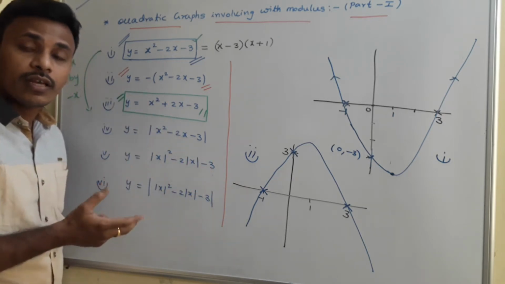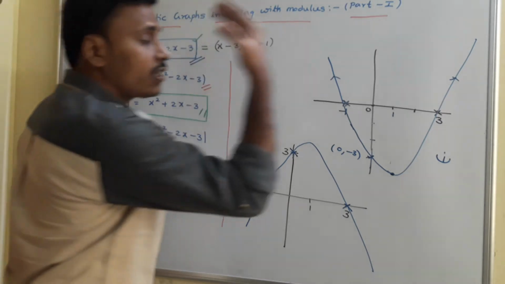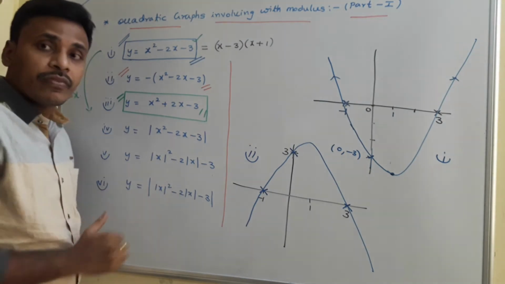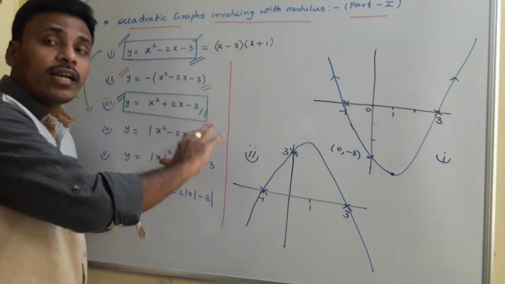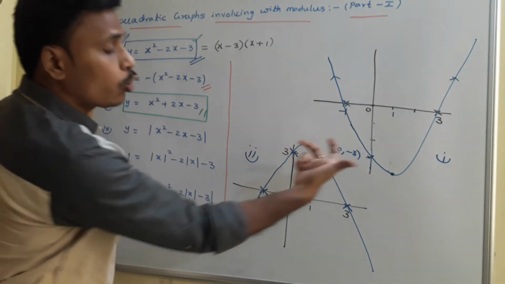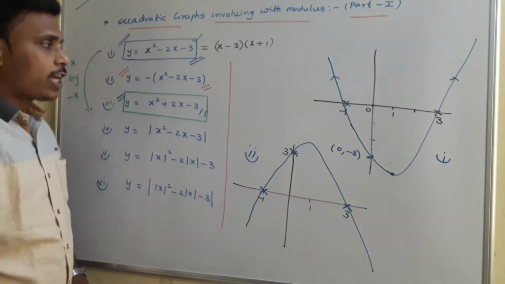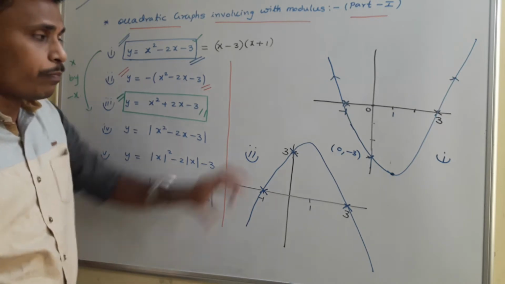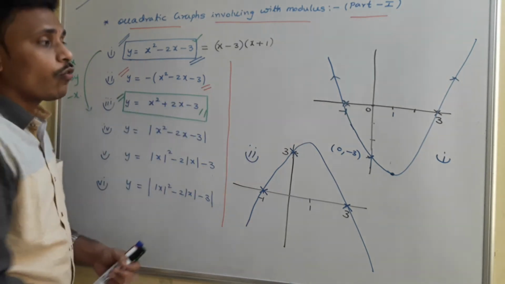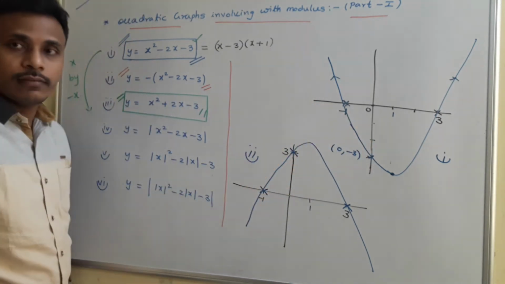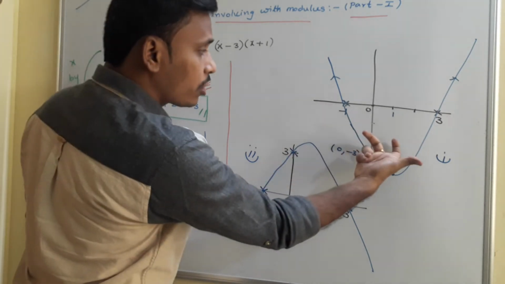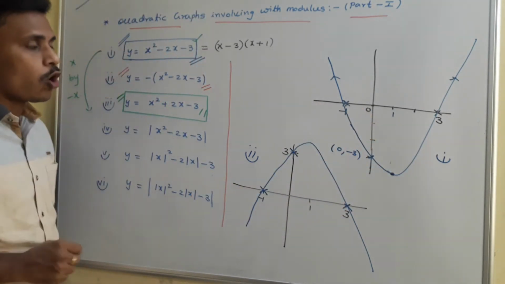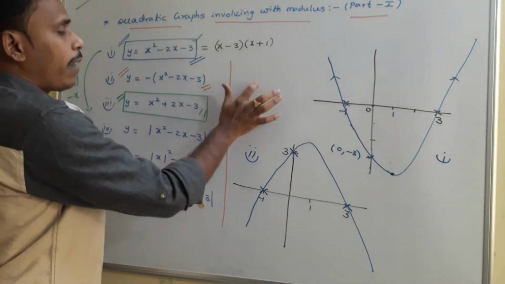So how does it become? This right side of the graph will come to the left side, and the left side of the graph will come to the right side. Now you need to flip in such a way. From the first graph to the second graph, we just flipped vertically and now we need to flip horizontally. Now we need to flip the original graph 1 horizontally to get the graph of 3. Because of the space, I am going to sketch here.